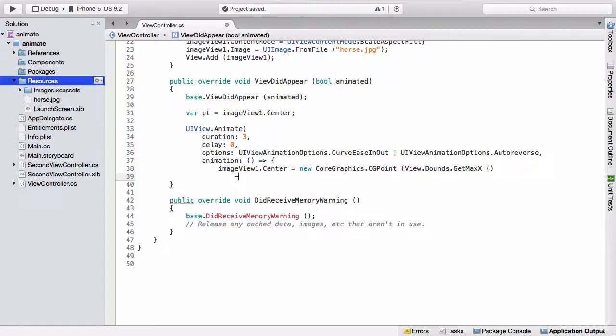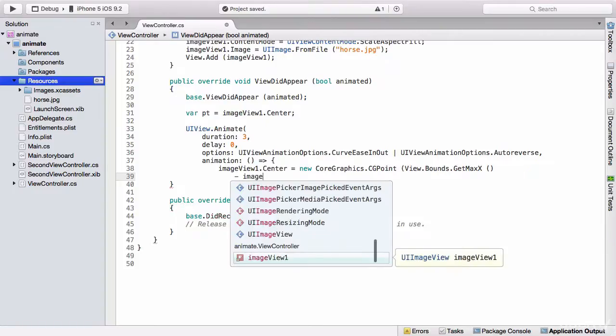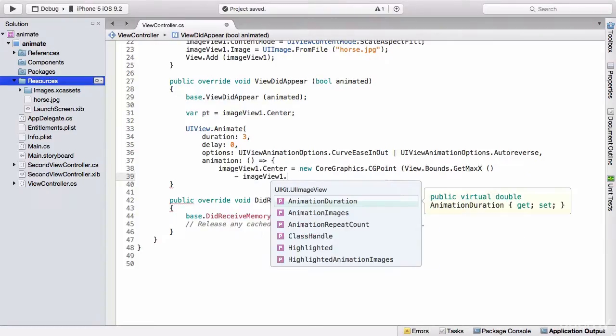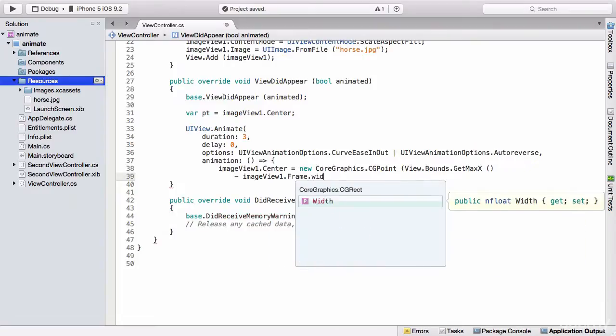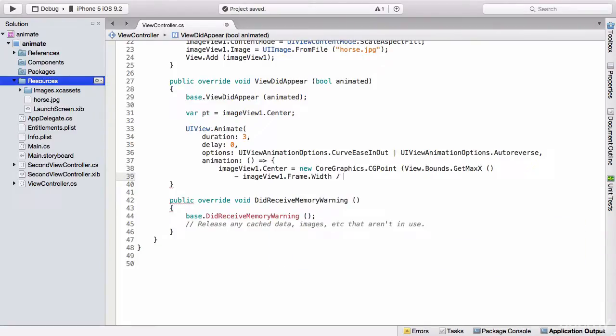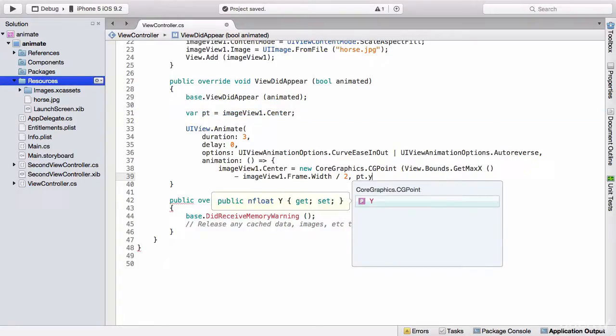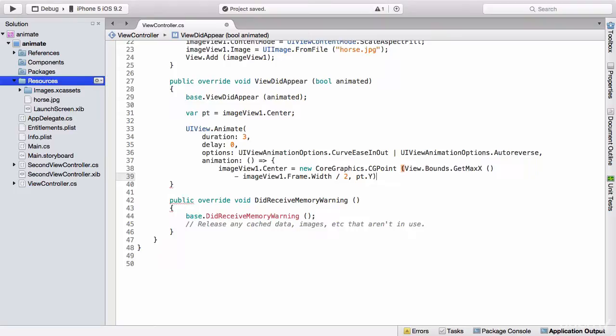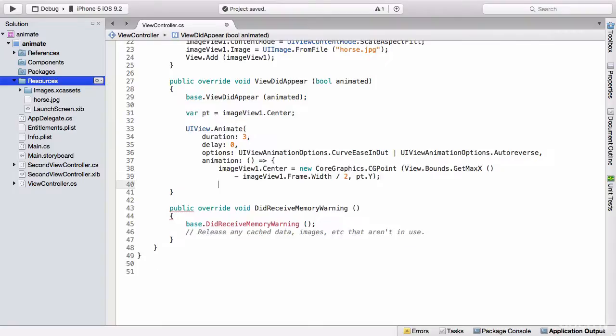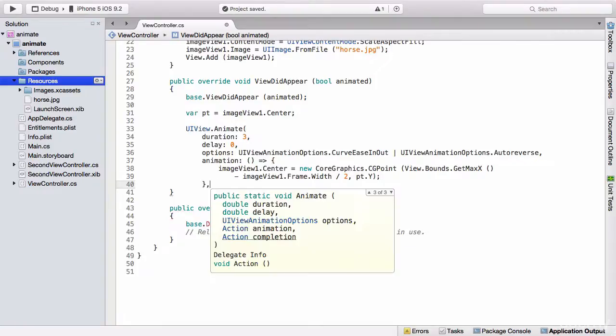And then we're going to subtract the imageView.frame.width over 2, and it asks us for a y that we're going to move to, and this is our center point y, and that's why we selected it up here, so we can reference it here, pt.y. Close off our brackets, end our line, and finally close off our curly brace,